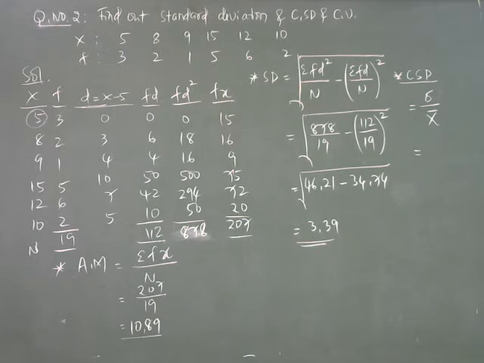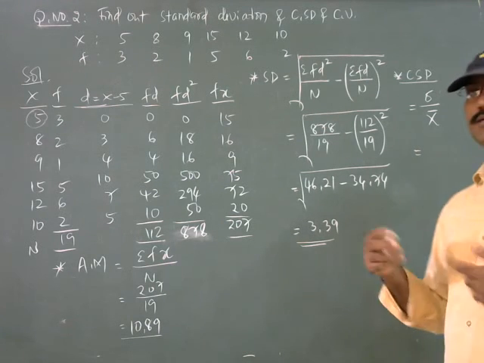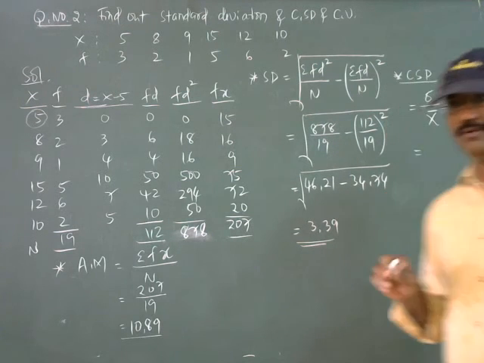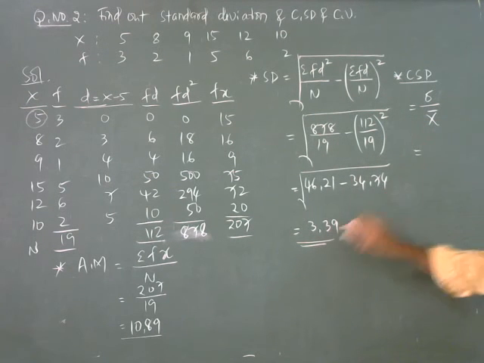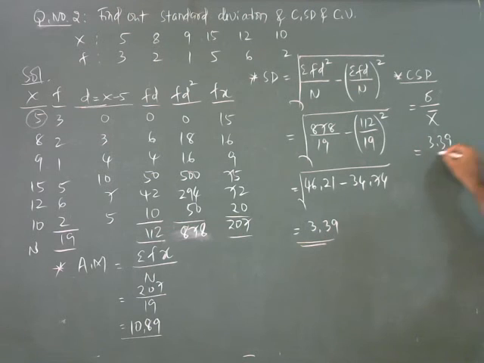If you find the coefficient of variation, what you will get? In coefficient of variation, it comes in the percentage. Percentage means not in fraction. That was the difference. So standard deviation is here 3.39 divided by, what is mean there? 10.89. So make a fraction of these two, 3.39 divided by 10.89. The answer is